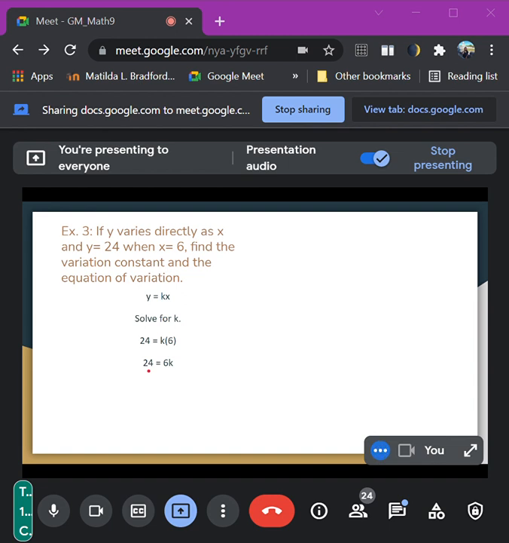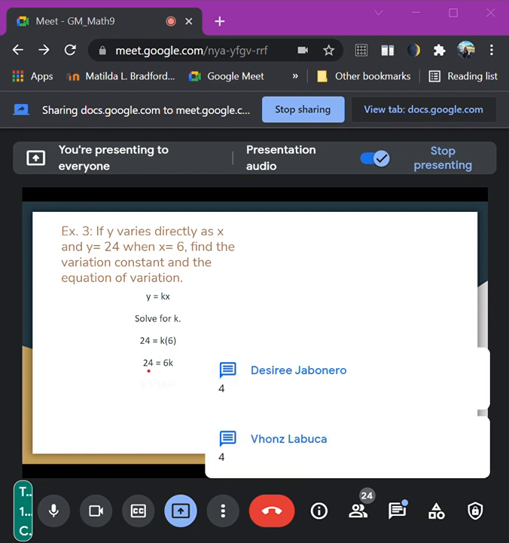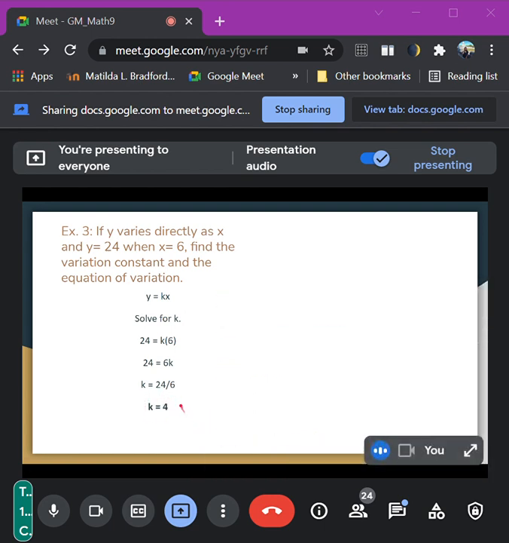What is 24 divided by 6? That is equivalent to 4. So, meaning to say, your constant there is equal to 4. Since you already got your constant, class, we're going to the next question, which is to find the equation